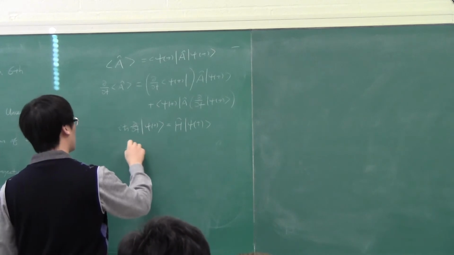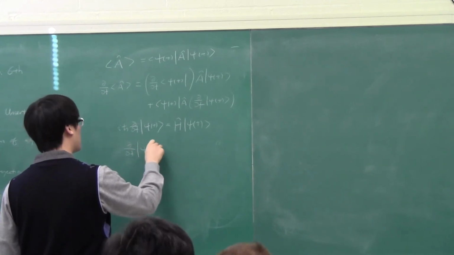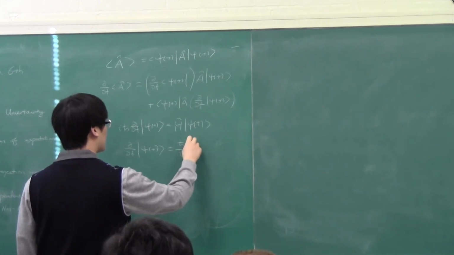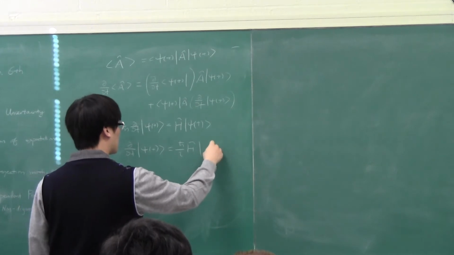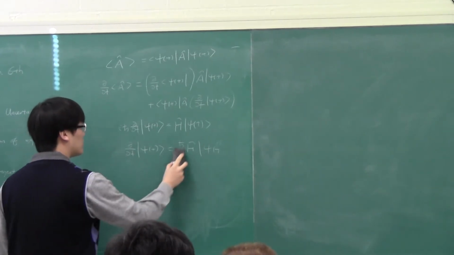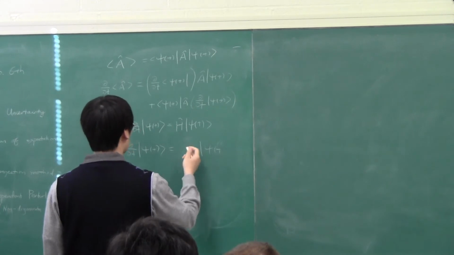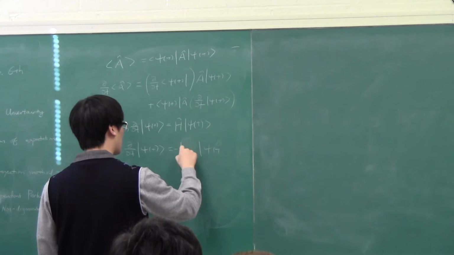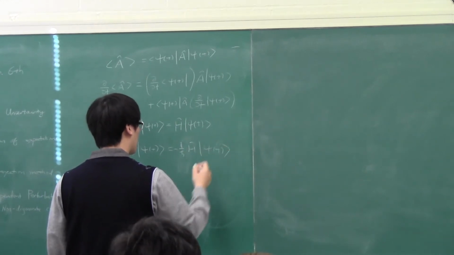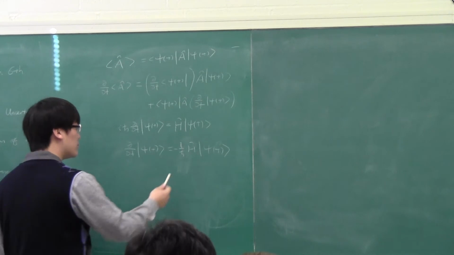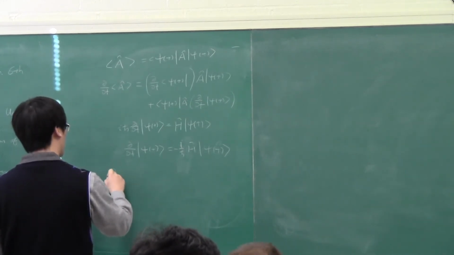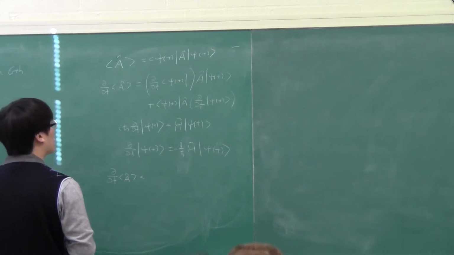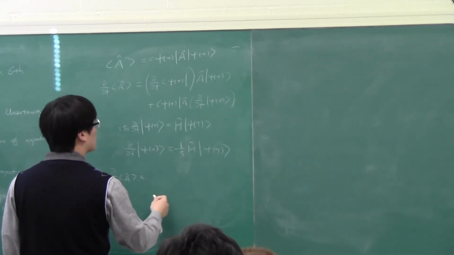So clearly I can replace the time derivative of the state with this. If I plug this in here, we get that the time derivative of the expectation value of the operator is equal to